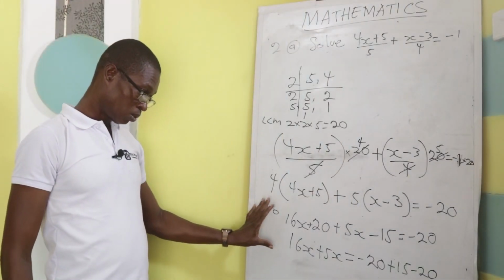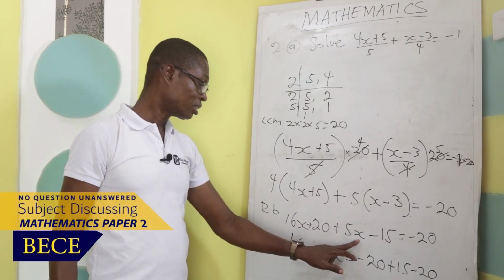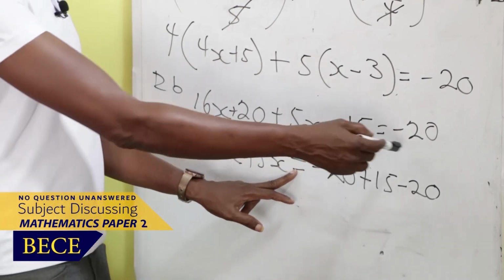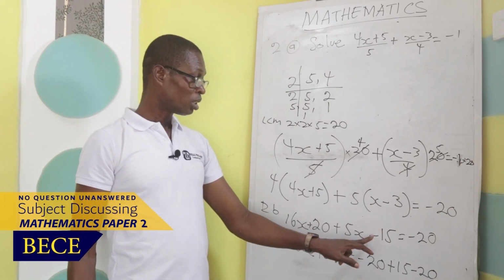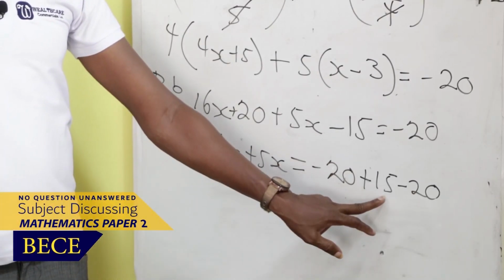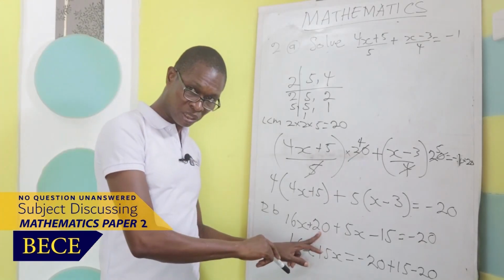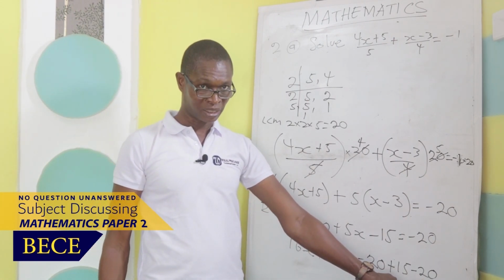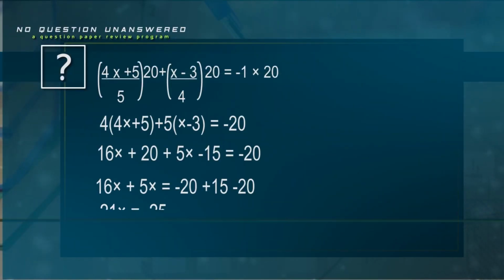Right. So we group in like terms. Grouping like terms, we have 16x and then 5x. 16x plus 5x equals, group the constants as well. The minus 20 is already at the right-hand side. So what do we do? The minus 15, add 15 to both sides so that the minus 15 becomes a plus 15 at the right-hand side. The plus 20 also, you subtract 20 from both sides so that the plus 20 becomes a minus 20 at the right-hand side. So quickly, what do we have here? A 21x to give you,